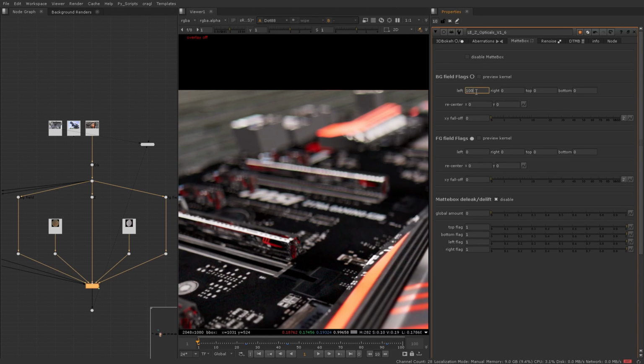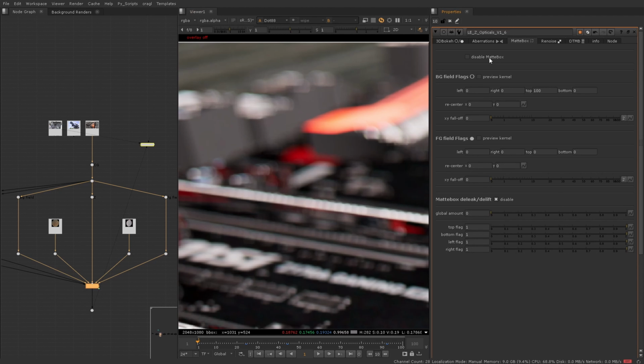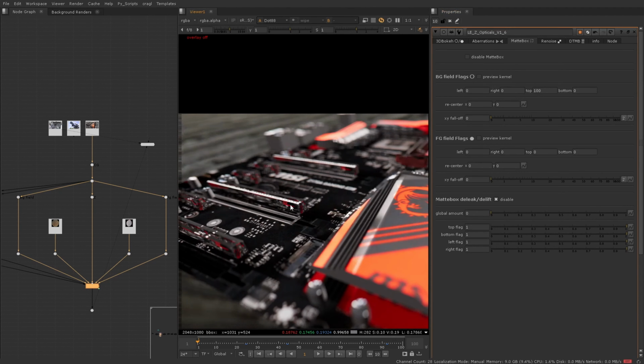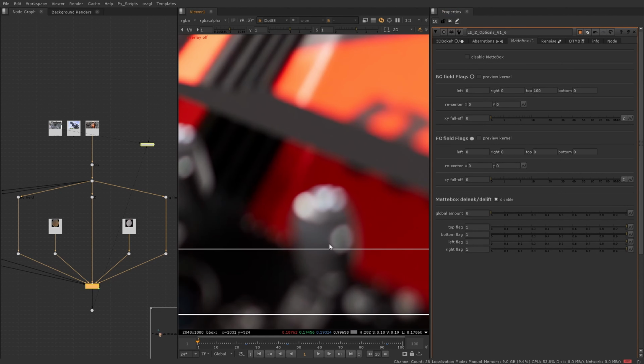So let's say that now instead of having a flag on the left, you have the usual one on the top. So you're gonna see the bokeh cropping at the bottom, and there it is. And you're usually gonna use the same value for the background field. So in here, if I introduce a value of 100, I also gonna see a bokeh cutting at the bottom